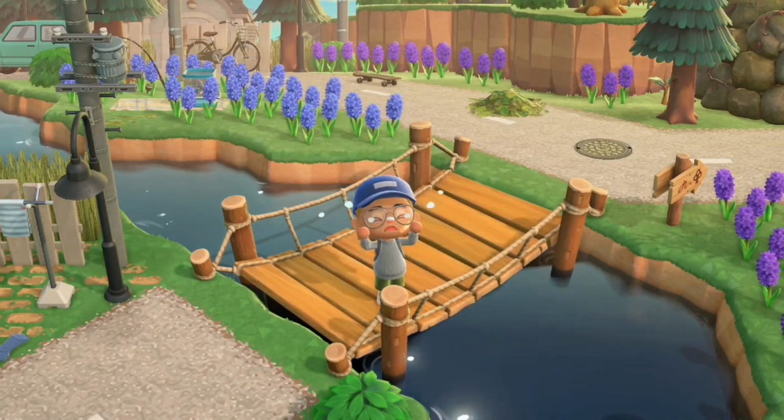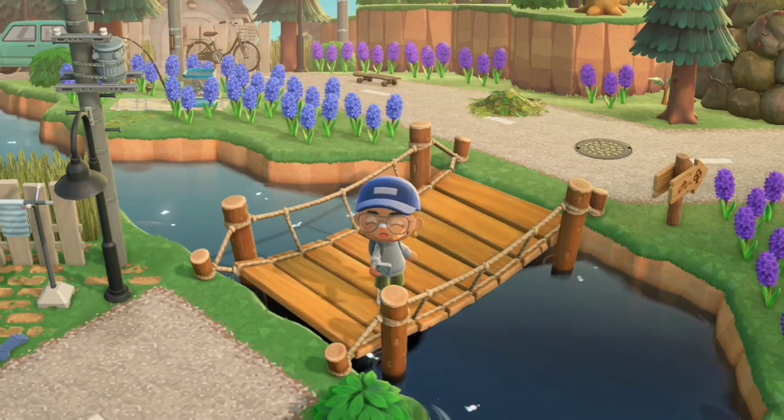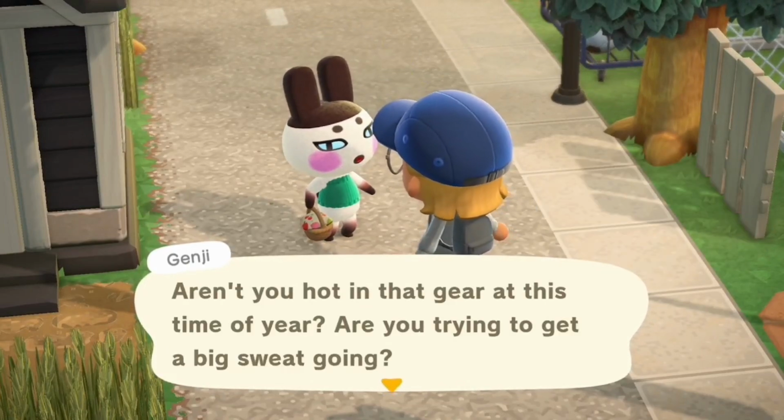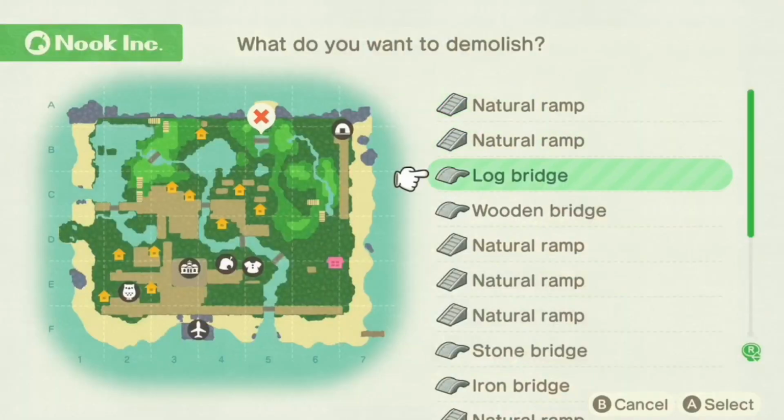Oh, and now we're destroying the bridge. Speaking of things less fun, this bridge has been on my island for a long time. It's one of the few remaining structures from my original island tour. Now we're talking to Genji, and he was wearing this crop top. He was telling me to drink water, and you should also drink water. But anyways,